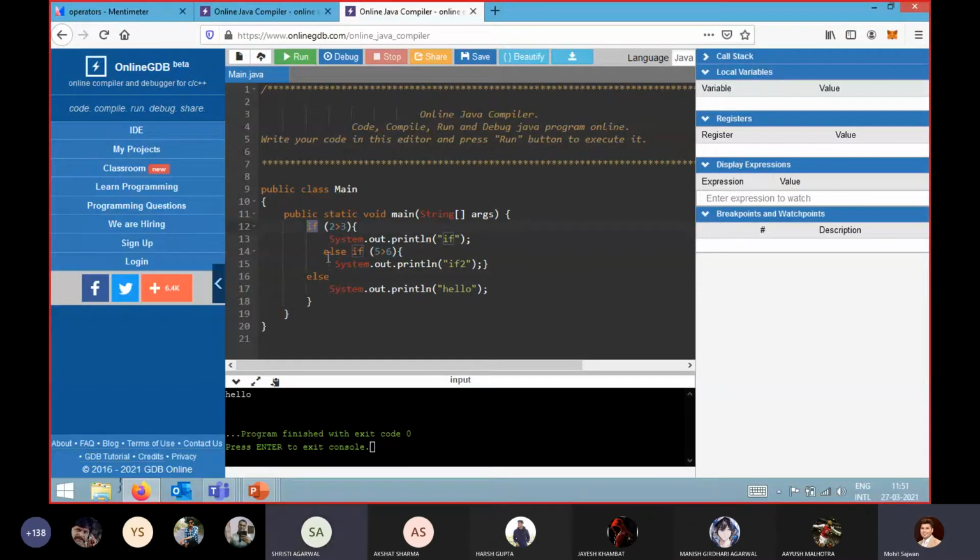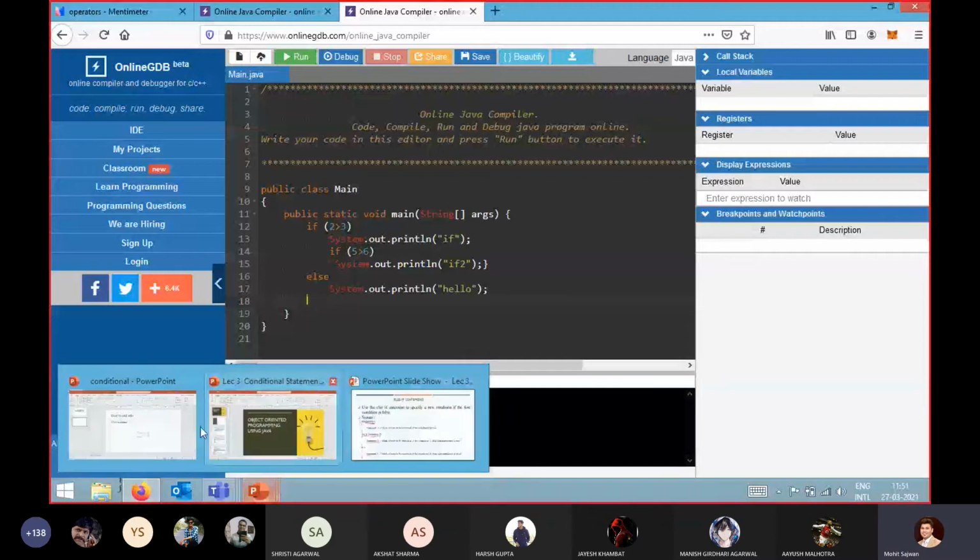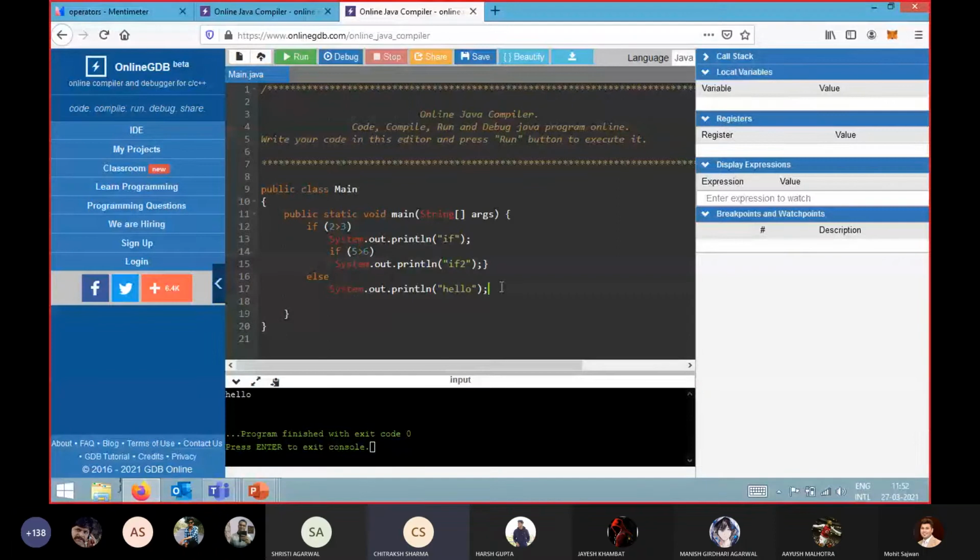So that if none of your conditions match, then it will directly go into our else statement. Otherwise, if we are just writing if statements over there, right now our ifs are independent of each other, like in our earlier case. Got it? Yes sir. So sir, right now this else is associated with the nearest if, right?